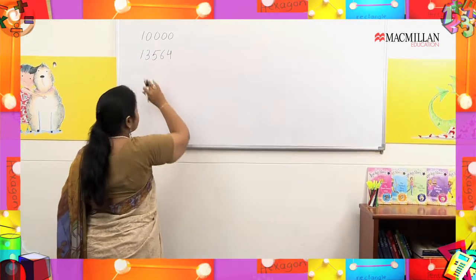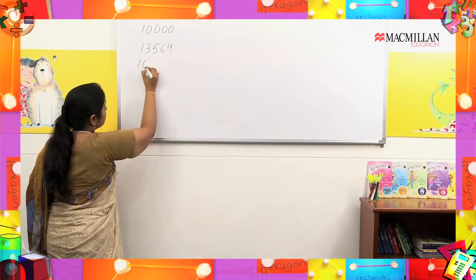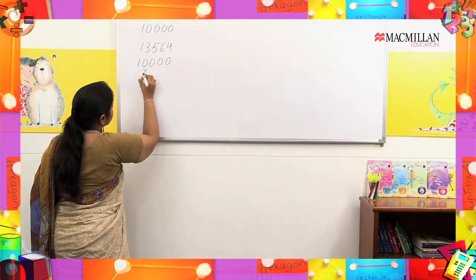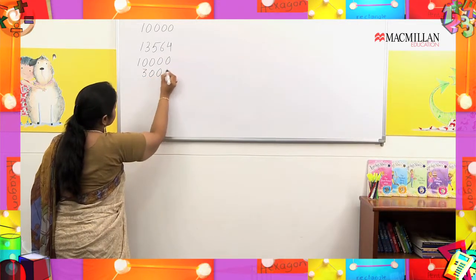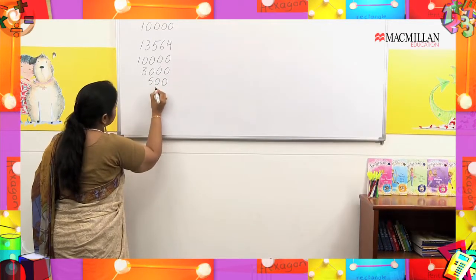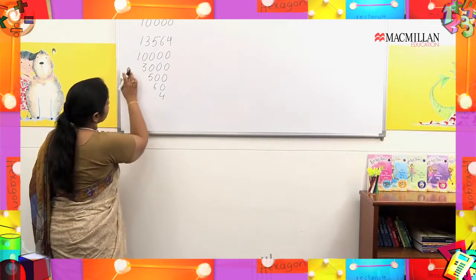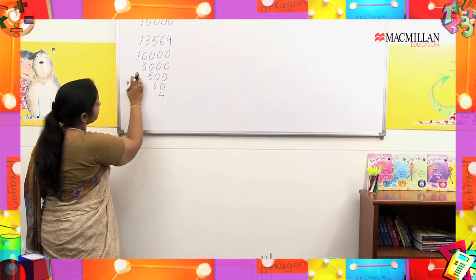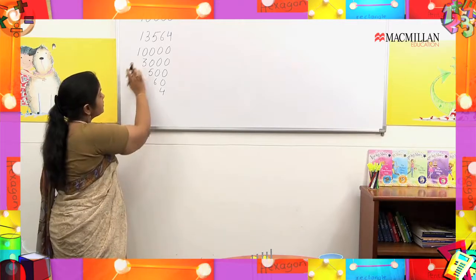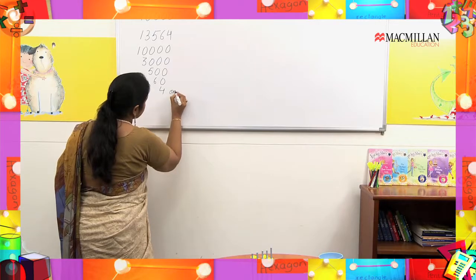this number on abacus. Let us first read this number. What is it? It is 10,000, 3,000, 500, 60 and 4. So how does it read? It reads 13,564. So that means it has 4 ones,